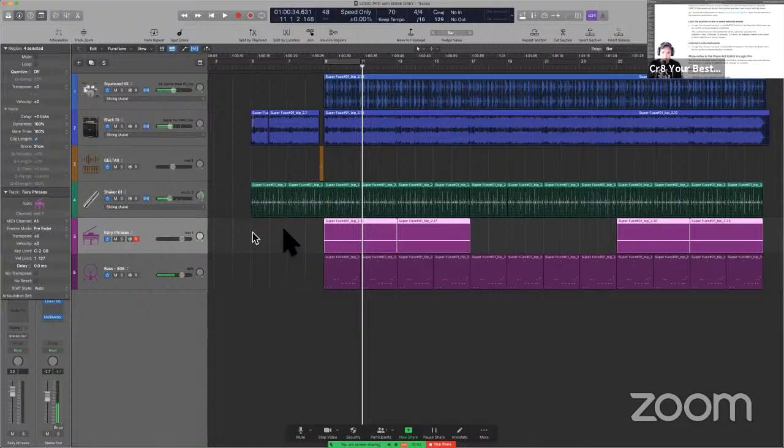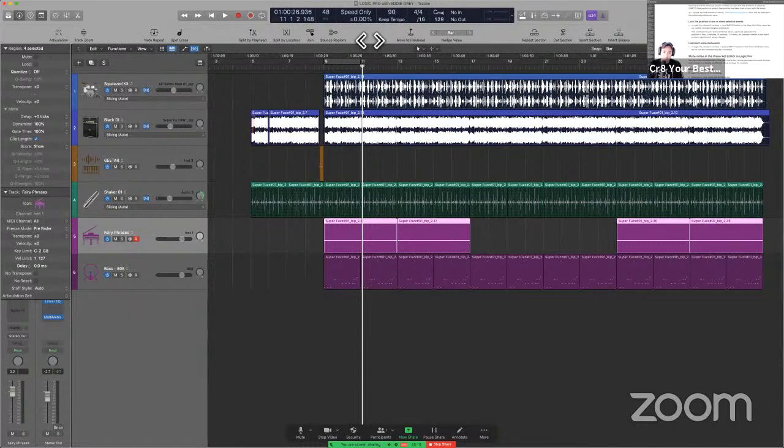Okay, so you hear, right? So then if I wanted to raise up the tempo, I can double click the BPM up here and enter a numerical value. So now we're at 90. Now it doesn't really look like anything moved, but when you listen,